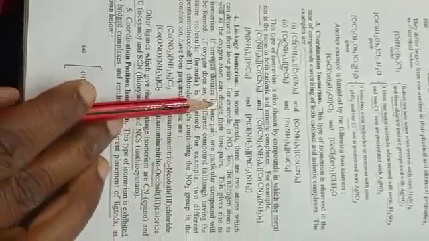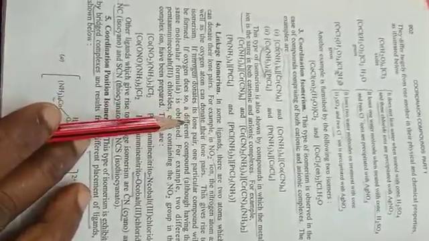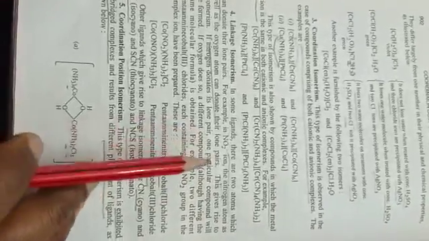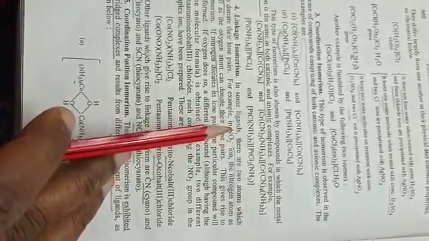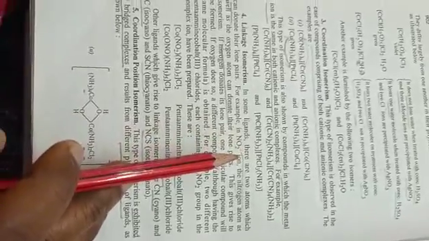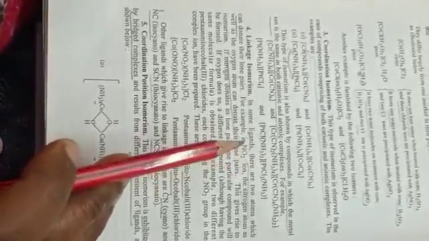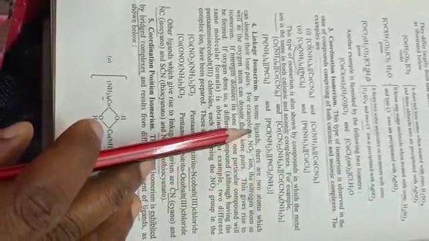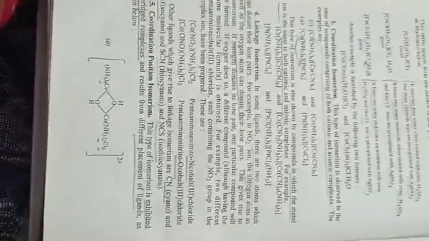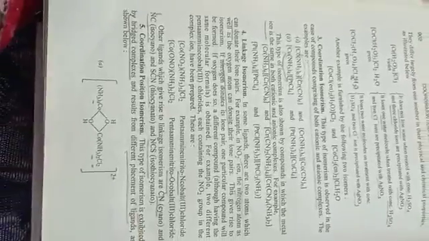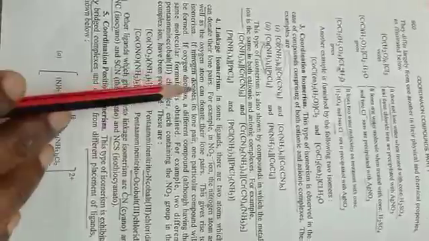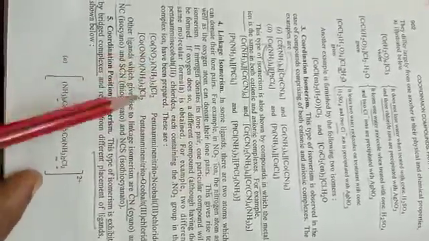Next, linkage isomerism. If the ligand has more than one atom that can act as a donor, it can exhibit linkage isomerism. That is, if we consider the nitro group, one compound will be formed when nitrogen acts as the donor, and in the other case oxygen will act as the donor atom. So one compound is formed due to the nitrogen linkage with the central metal atom and the other is due to the metal-oxygen bond. See here,